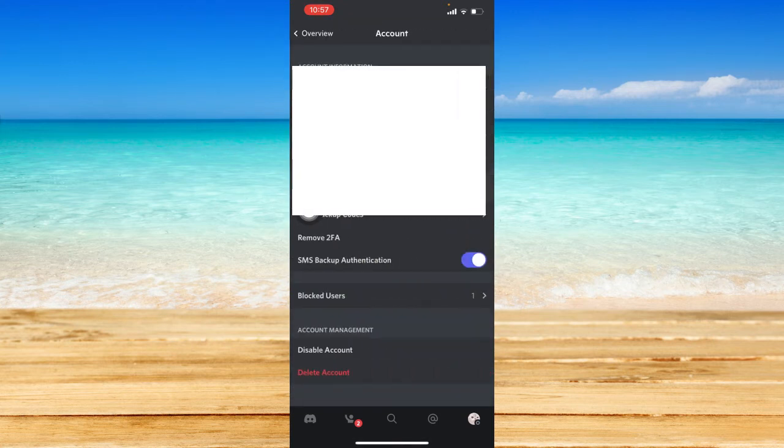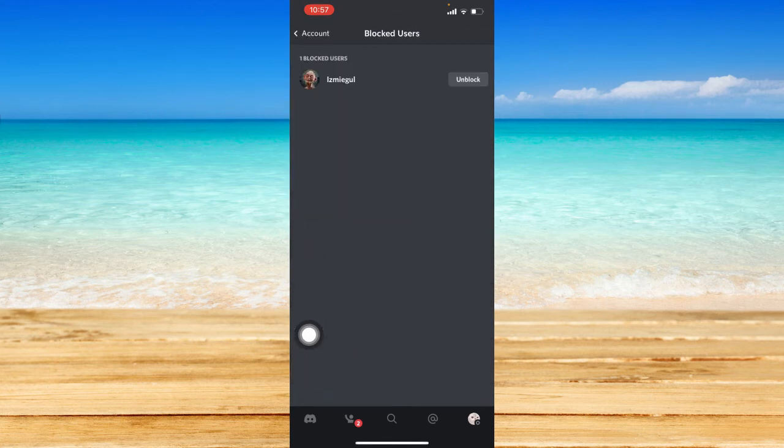So just tap on that. And you should see the blocked users option right over here. It can be below the SMS backup authentication option. So just tap on the blocked users, and this page should show the list of users that you have blocked